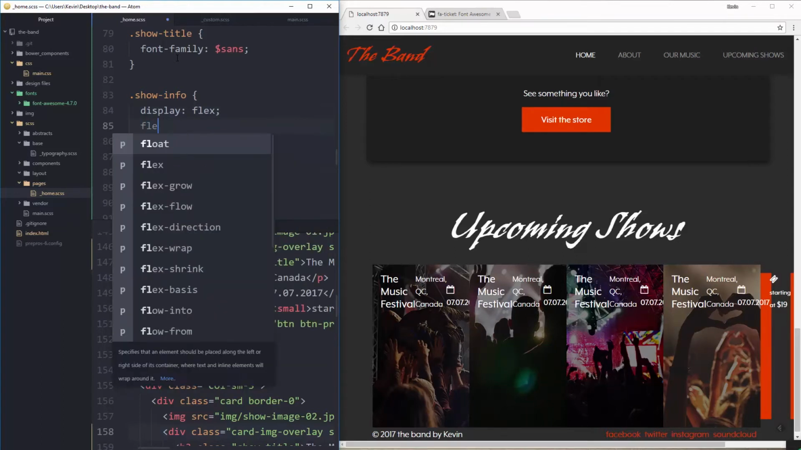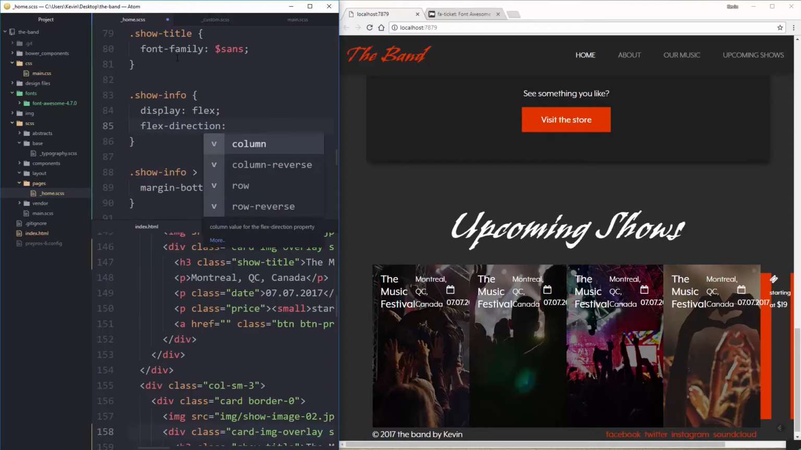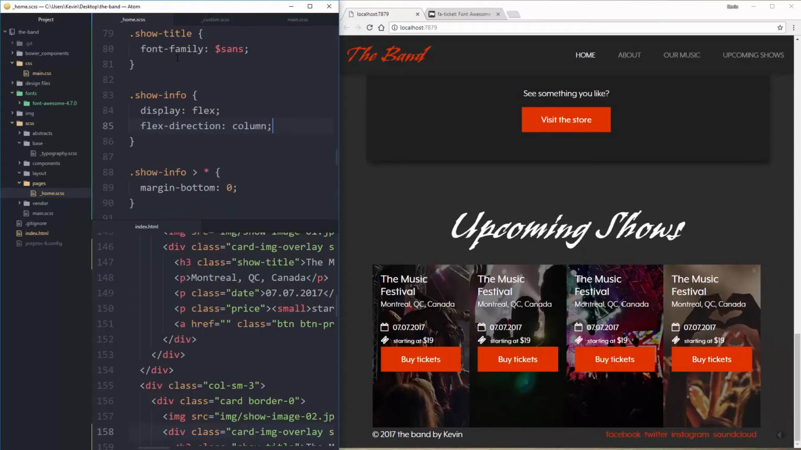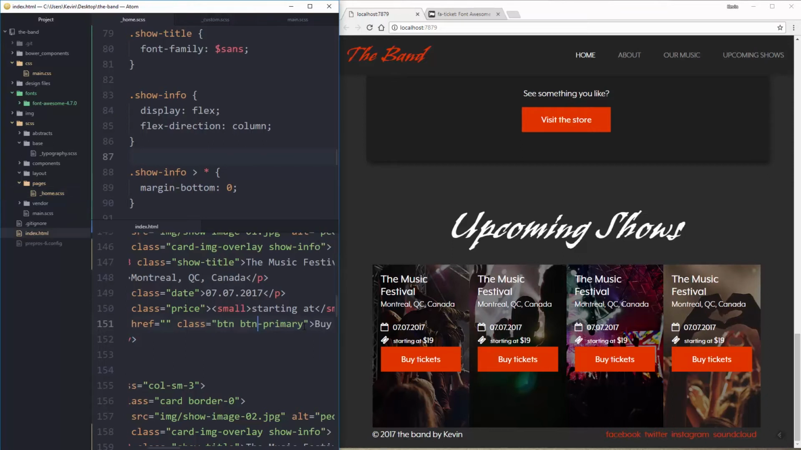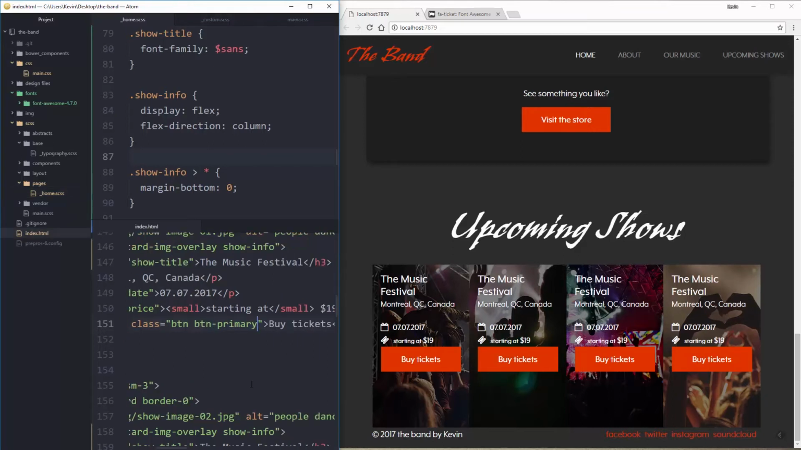Yep. So then I'm going to do my flex direction of column. And there we go. It's back to normal. Okay, so with that, this is now flexing. It looks just like it did, but now I can come on my buttons and I can align them up on the bottom. Now, either way, I would prefer to make a new class for this,